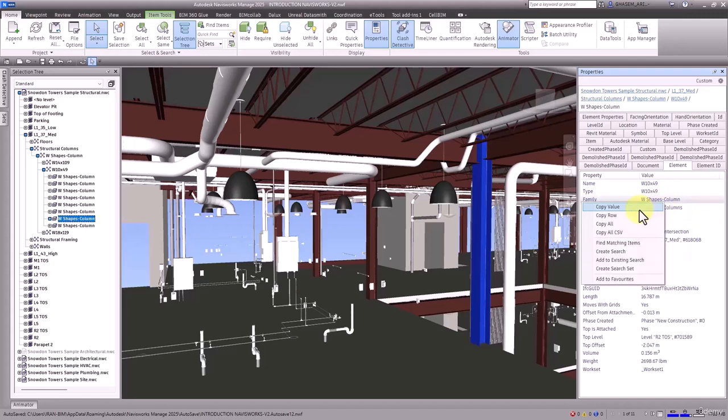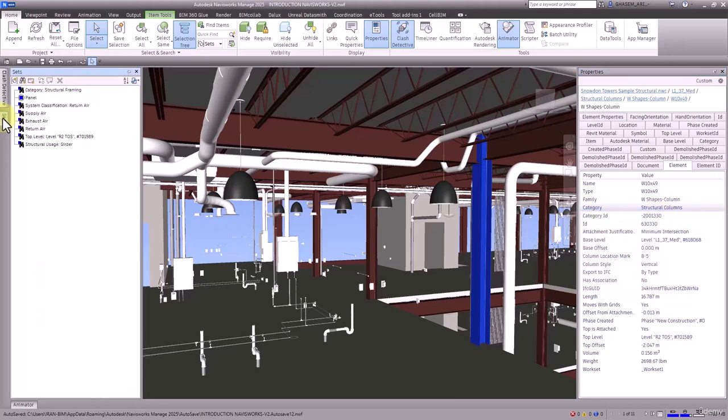The first one is Copy Value. It means that the measurement, the column related to value, will be copied. For example, I want to go to the Search Sets window, find an item, and set a name similar to these names. For example, in here for Type, I can right click on it and Copy Value will be selected,